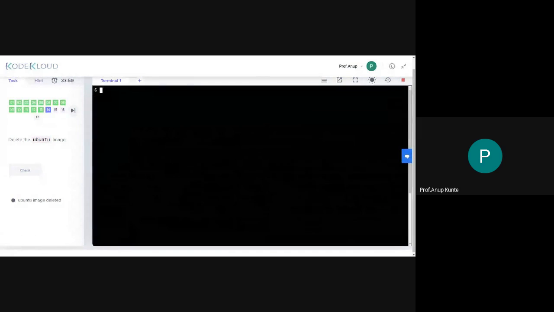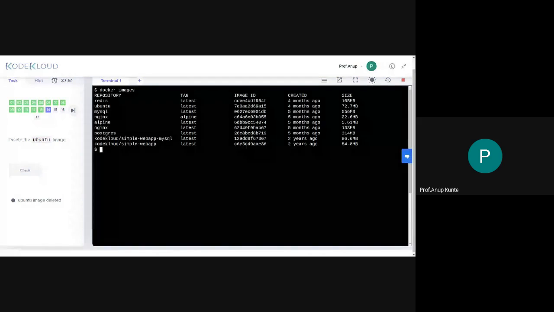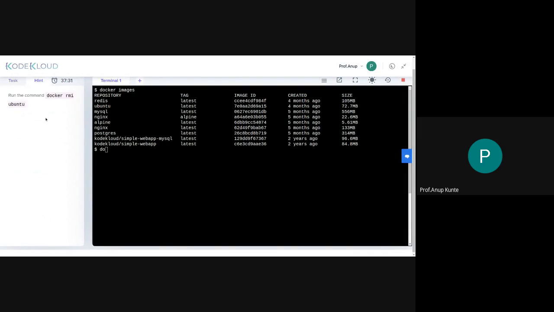If you check whether the images are all still there on your machine, you can run docker images, and you will find that the images are still there. Although you have killed the containers, their raw file is still maintained. That is not gone from my machine. So I want to delete an image. I don't remember the command. I also need to go to the hints part. Docker rm, but for an image.